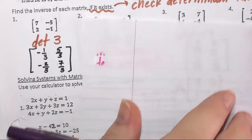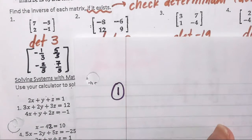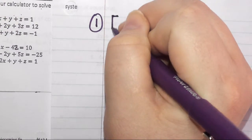So let's start off with the simple stuff. What we're going to do is take our system and write it as a matrix, and then there is a button that we can press that will solve that matrix for us. So I'm going to take my